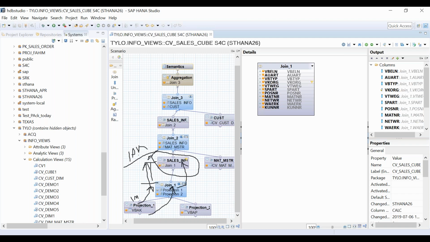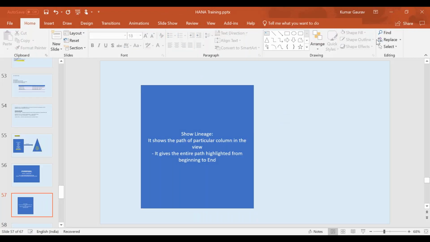I'm repeating: SAP best practice is to always restrict the data at the bottommost layer. As far down as you can restrict, please restrict it. So what should be done? Let's write it here.